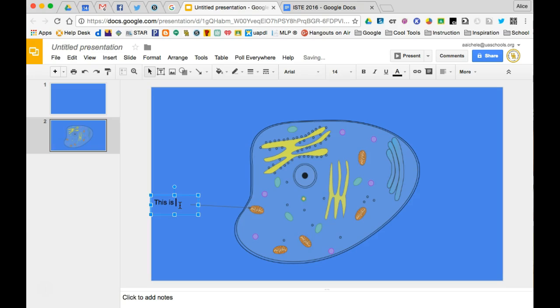I could do that. I could preload this slide if I wanted to. So I could make text boxes and put them over to the side and put different things in there. And then they could drag the different things around. I could do that. Another thing that I could do though is going back to the master slide,